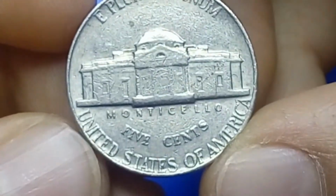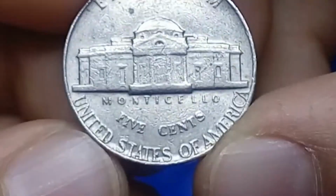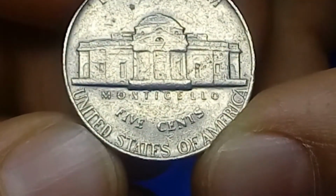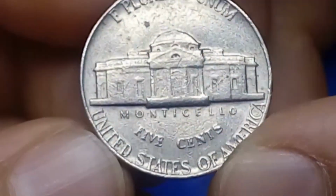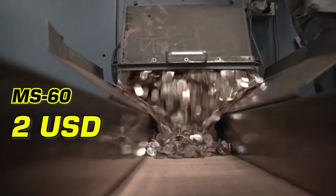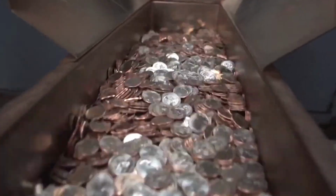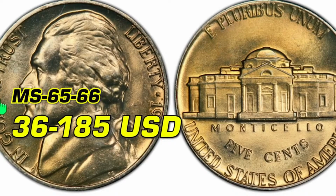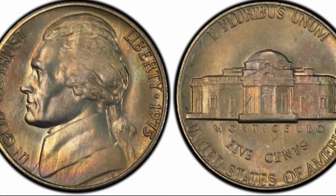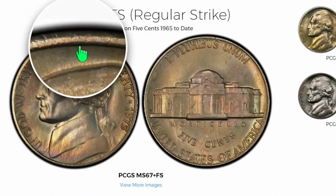This side has a lightly marked, almost lustrous surface. The coin is overall in extremely fine condition. According to the PCGS price guide, 1975 Jefferson nickels at the lowest mint state of 60 are valued at $2. The price of MS65 and 66 graded ones ranges between $36 and $185. At the highest mint state, that is 67 plus, this variety can be sold for